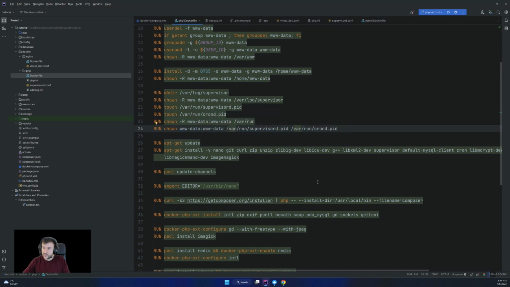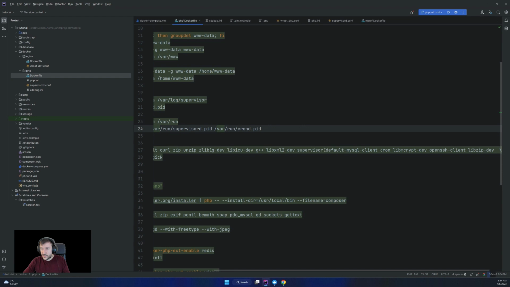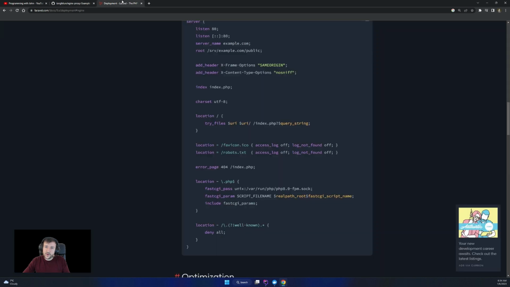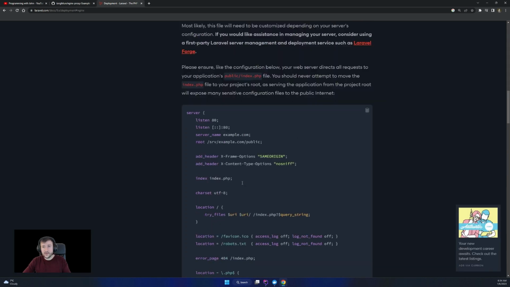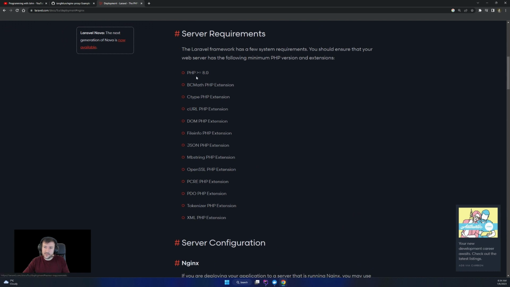We want to run a cron. We install some extra libraries in here like the default MySQL client, OpenSSH client, and some other libraries. If we go to the Laravel website, there are server requirements, and in here there are all the extensions that PHP needs in order to run a Laravel application.